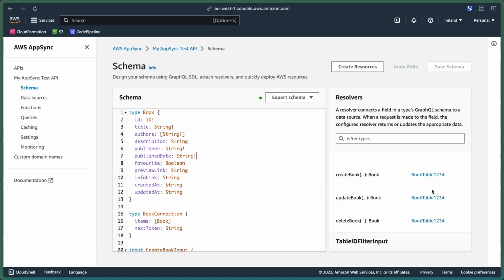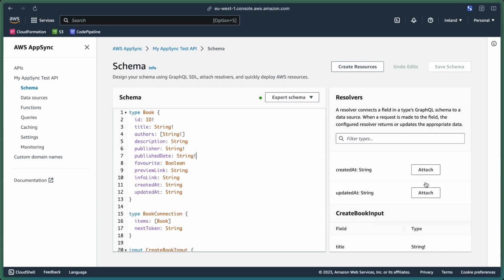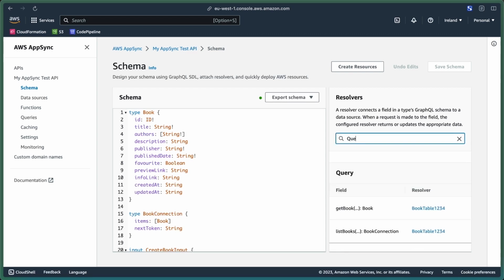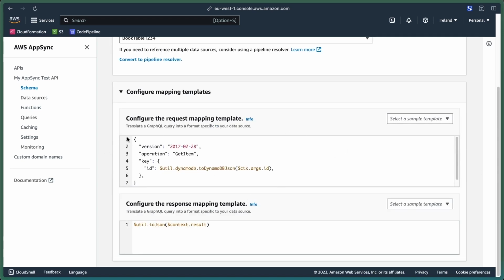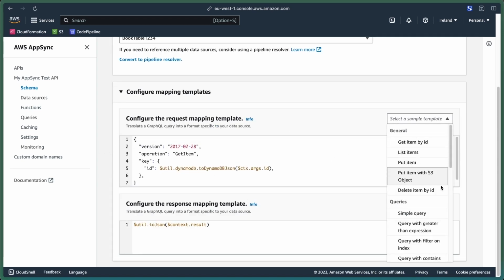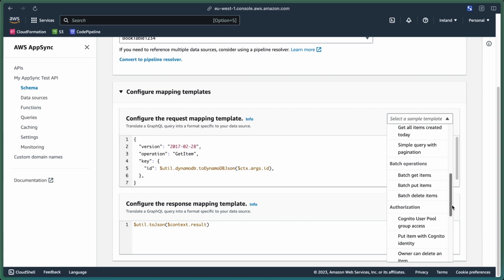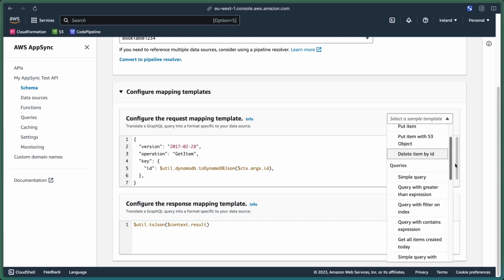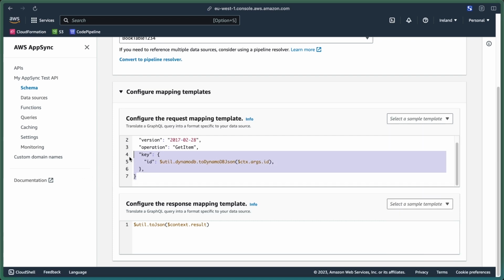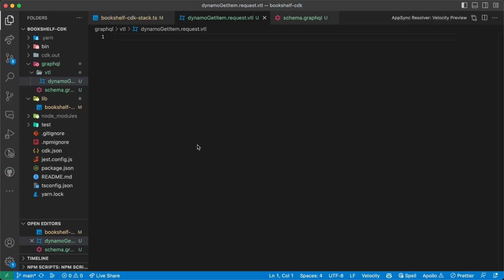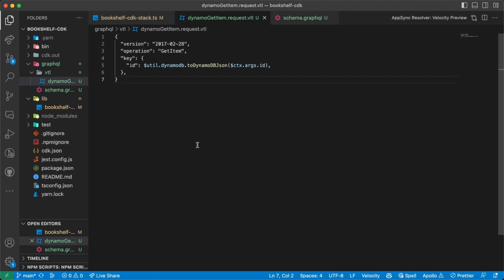As you can see on this dummy one that we created earlier, we've already got all of these resolvers here. So if we search for query, you should see getBook comes up with this resolver here. So if we click into this and you scroll down, you can see it's already given us a mapping template. And it's also got a list of different templates that you can use here. So you could come back to this and use this as a base to build out your VTL templates. So let's just go ahead and copy this and paste it into our request get item